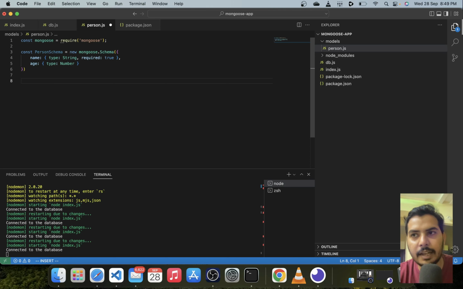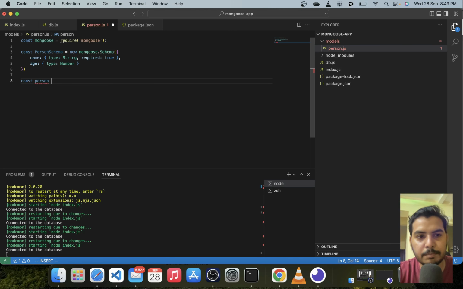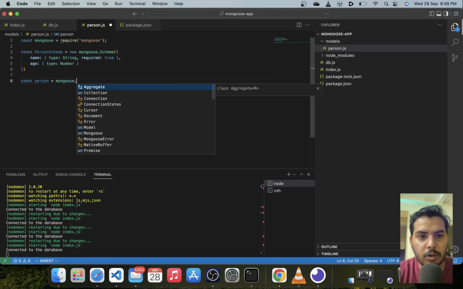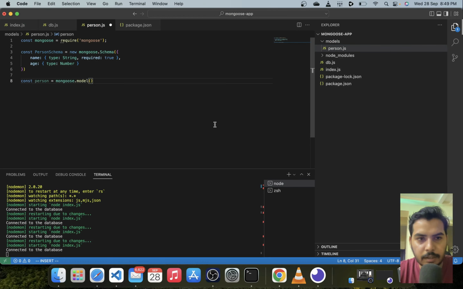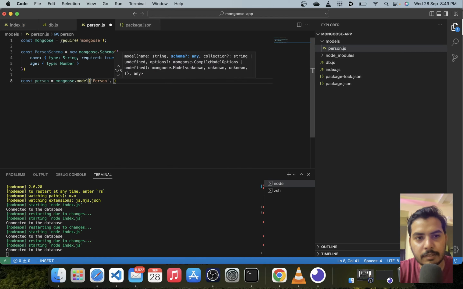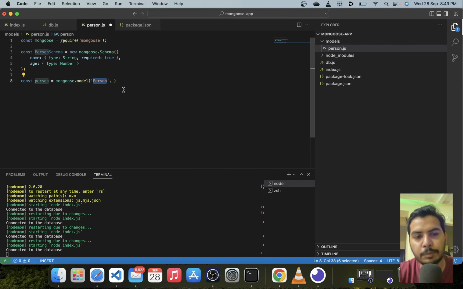Then we can create a model using this schema, using this command, constant person mongoose dot model, and it is written over here. So first of all we have to provide a name, which is person. In this case, this is going to be the name of our collection. So basically what mongoose is going to do is that it will create a collection called persons. It will create a plural form of this particular word, and it will create it in all small letters, okay?